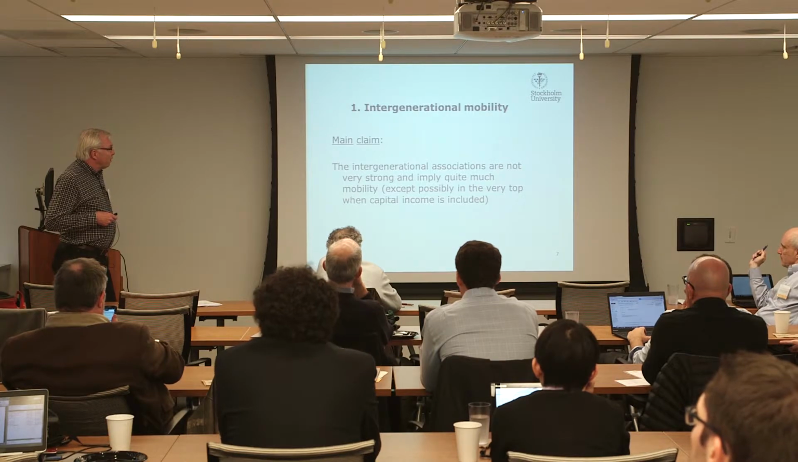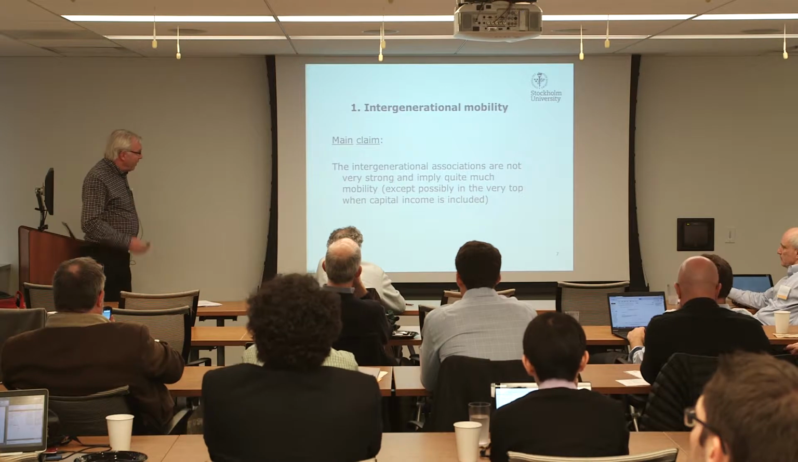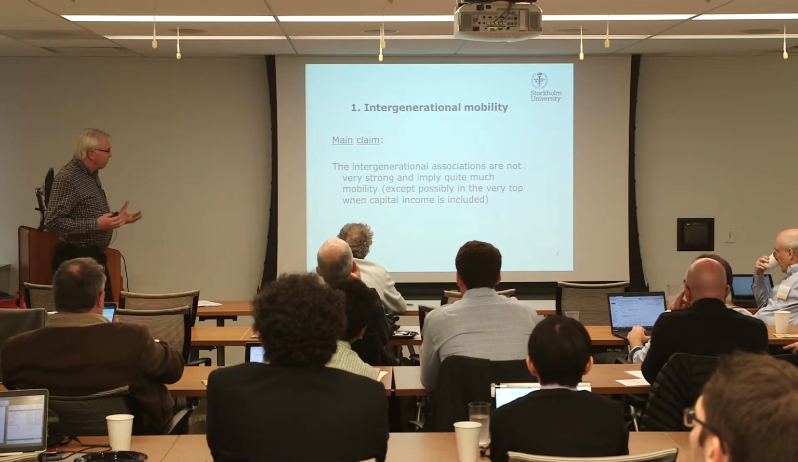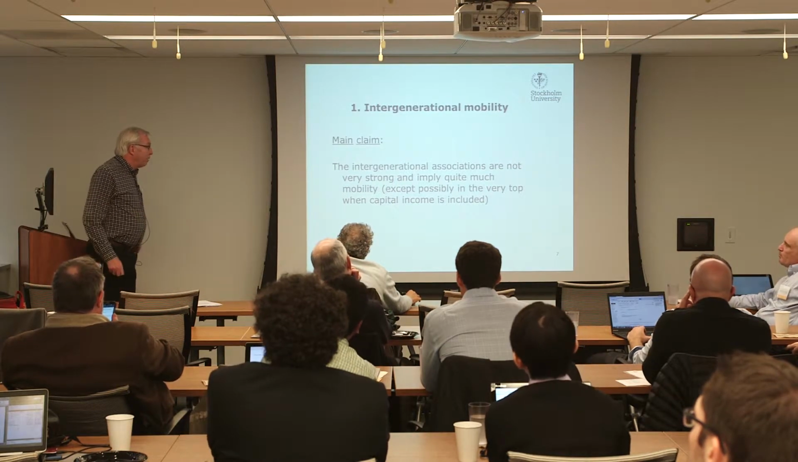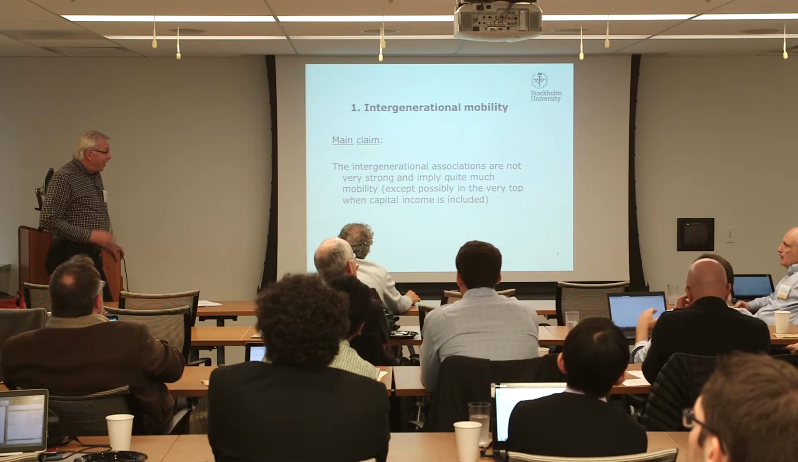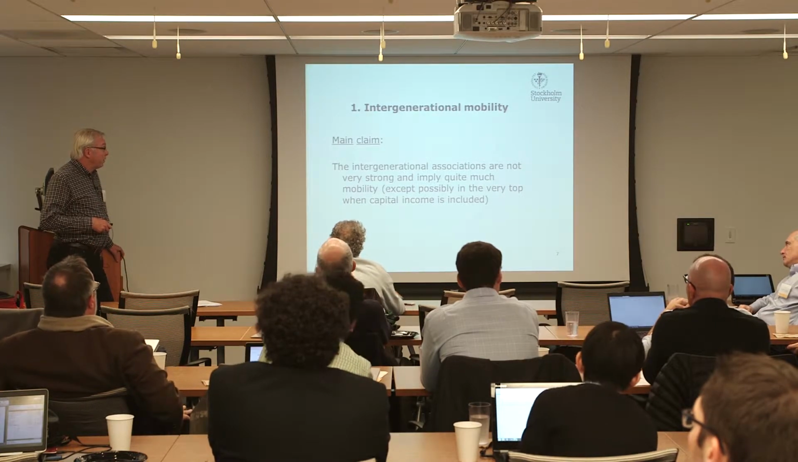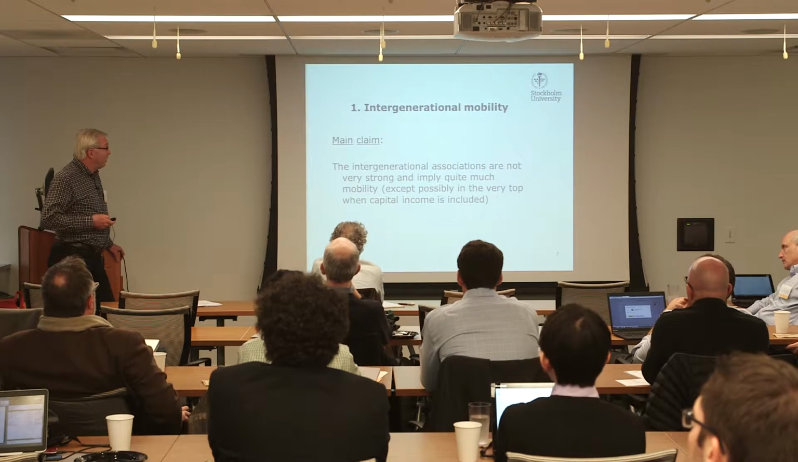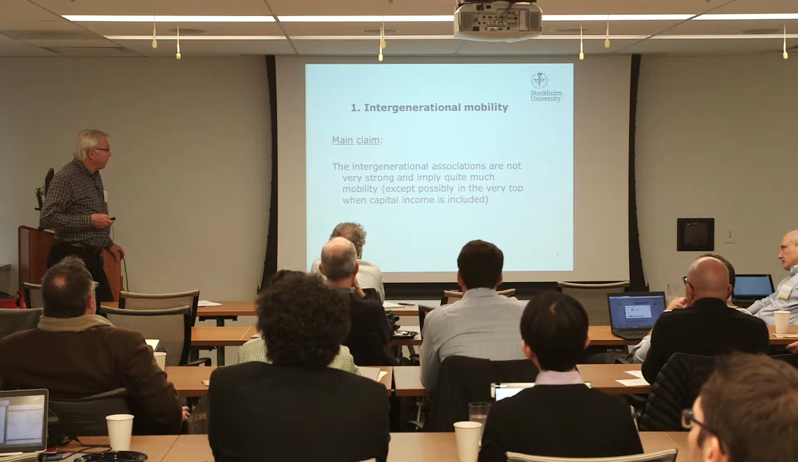So the first thing here is about generational mobility, and here my main claim is that the intergenerational associations are not very strong and imply quite much mobility, except possibly in the very top of the distribution when capital is included. So that's my claim that I'm going to show in